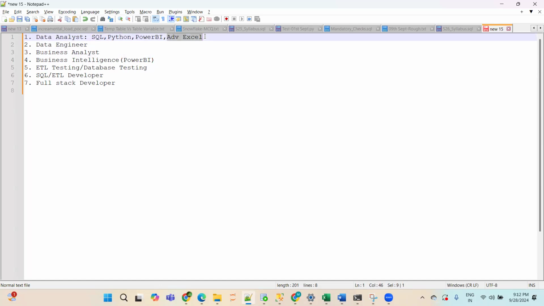Tanvir, you told us all these modules are important, but a particular company is asking only SQL and Power BI. I'm not explaining from a particular company's perspective. I'm telling you the general perspective. If you're preparing for data analysis, you should be strong in these four modules. Apart from this, in SQL you have to be very strong. Even if you know only the basics of Python and Power BI, that is sufficient. But SQL, no compromise.